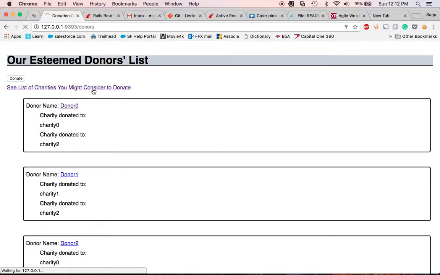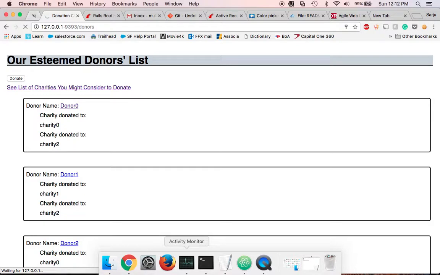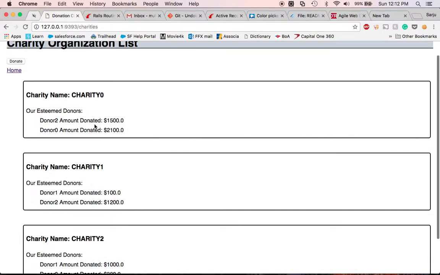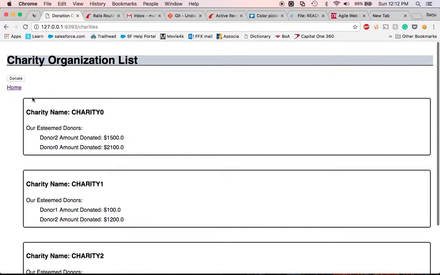If you want to see the list of charities, charity 0 has donor 2 donating 1,500, donor 0 donating 2,100, and so on. So I'm logged in as donor 1 or donor test, and if I want to donate,